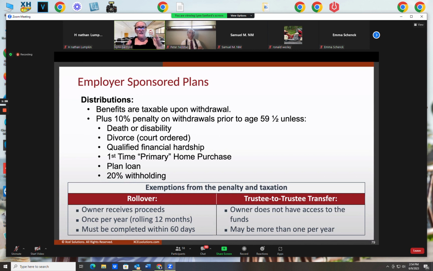A neater, cleaner way is to establish a traditional IRA account for your client first, then tell them, okay, now it's time. Contact your plan administrator. They'll probably send you a link. They'll send you the form. Fill it out, complete it, or fill it out online. Hit the button. Send it back. They'll cut the check because you'll tell them who to cut the check to: the trustee, FBO for your benefit. And when they release it, it'll move right over to this financial institution and eventually be dropped right in your account. Much neater, cleaner way. And you don't have to worry about being able to receive the check, and you don't have to worry about paying tax on it.